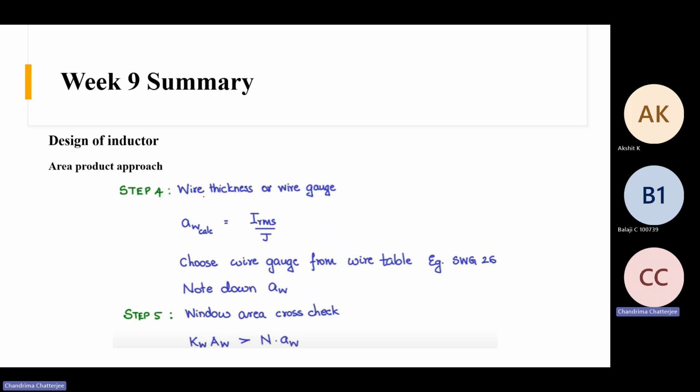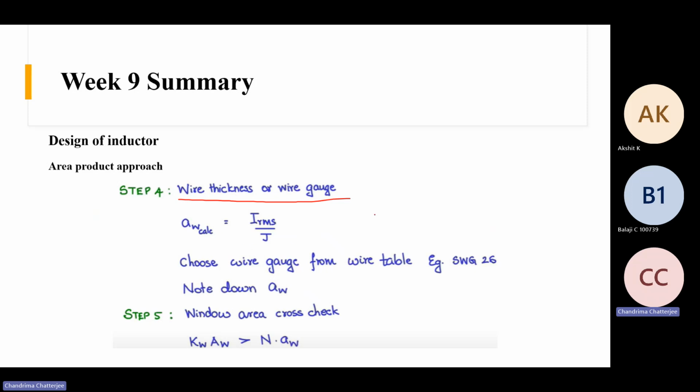And then step 4 is the winding. We have already selected the core. Now you will have to select the wire with which you will wind the inductor. So there is a list that is called the wire gauge. Your required wire cross sectional area you can find out from IRMS by J. So you will have to refer to that list, and from there you will have to choose one wire,